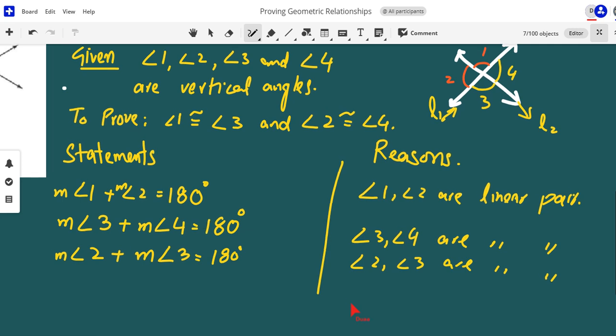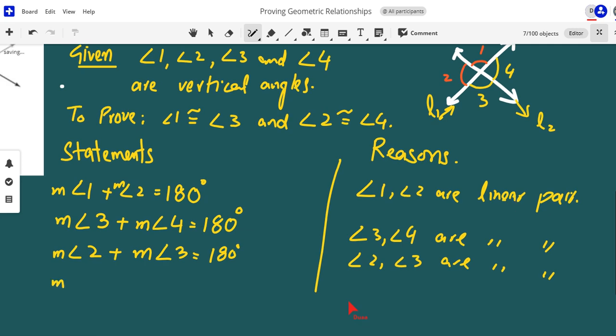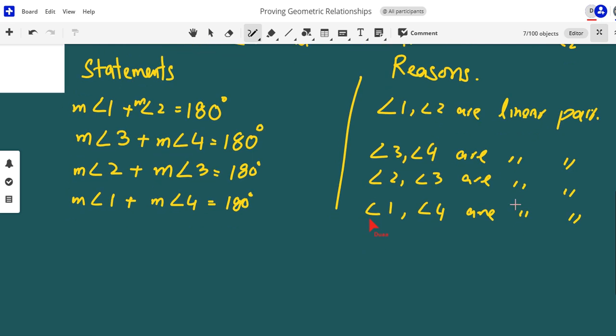Linear pair angles, and similarly measure of angle 1 plus measure of angle 4 is 180 degrees, because angle 1 and angle 4 are linear pair angles. Okay, now look at this. From this equation and from this equation, let's name them 1, 2, 3,